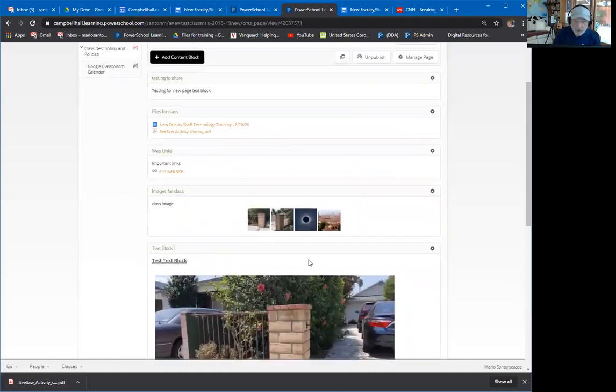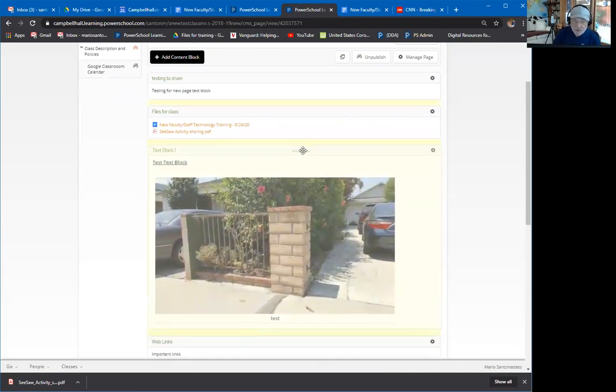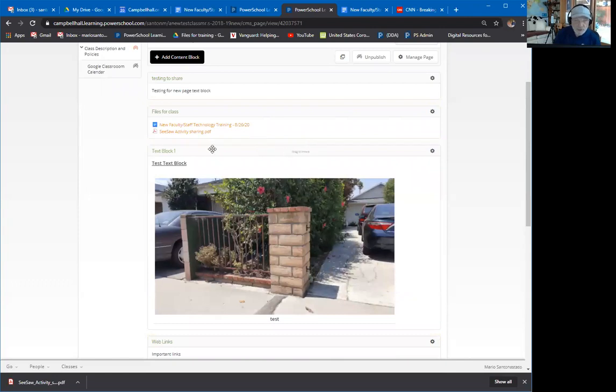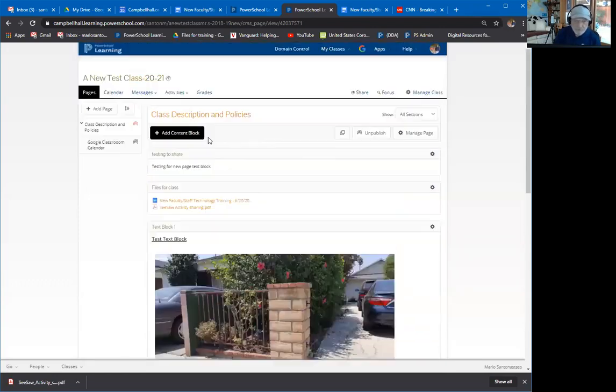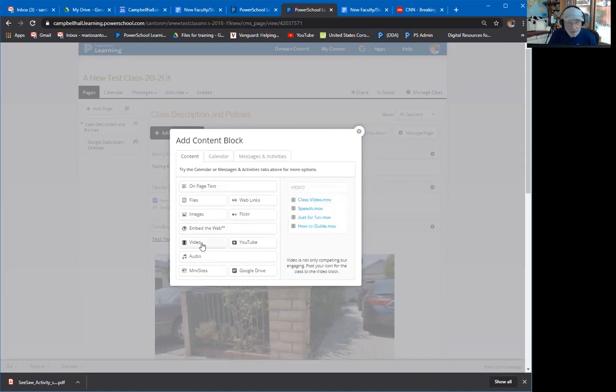Notice that this got changed because I moved it, but you can also move it like this. You just go up here to the gray bar and move it around. Okay, add a content block. So we did embed the web. Video, video, I would